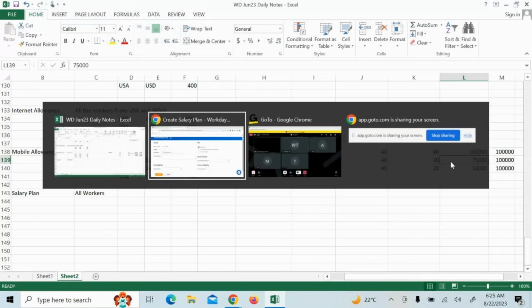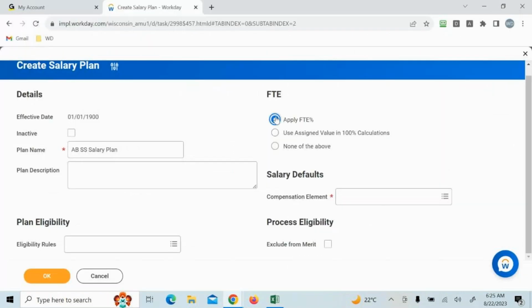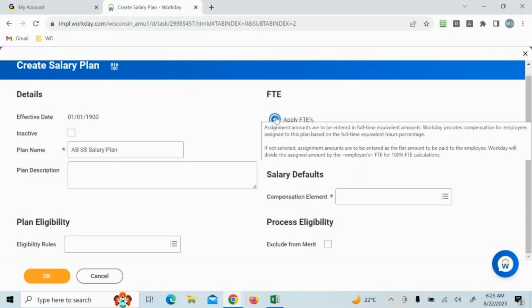So again, as per the business requirement, if they say apply FTE, it should calculate on pro rata basis, then we select this checkbox. When you hover over it, you can see this: assignment amounts are to be entered in full. We'll enter the full amount, like 1 lakh only, but Workday prorates the compensation for employees assigned to this plan based on the full-time equivalent hours percentage. If not selected,